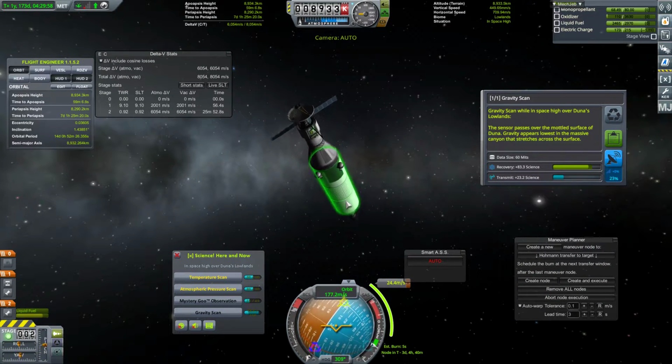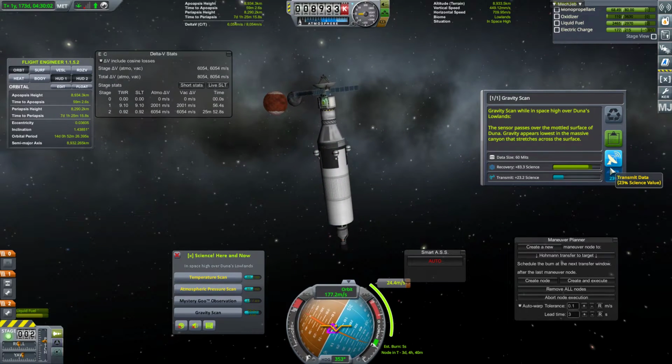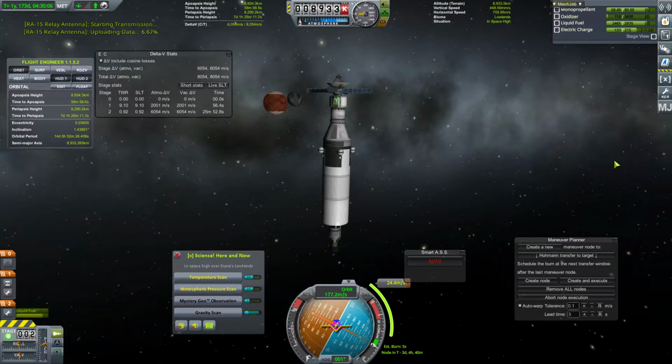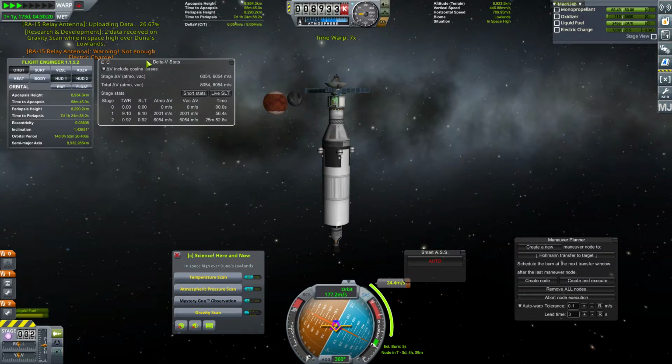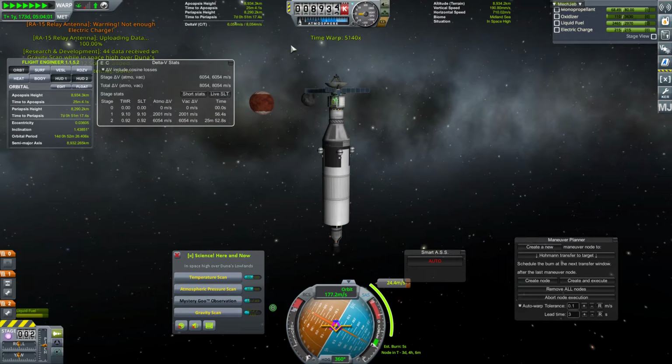And in the meantime, we will go ahead and transmit this data, what we can of it. There we go. Not enough electric charge. Yep, 14 data received. So we are receiving a little bit more data. And there, we got 44 data. So did that give us...